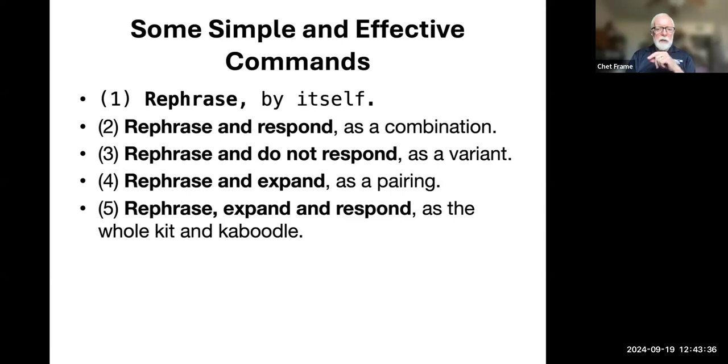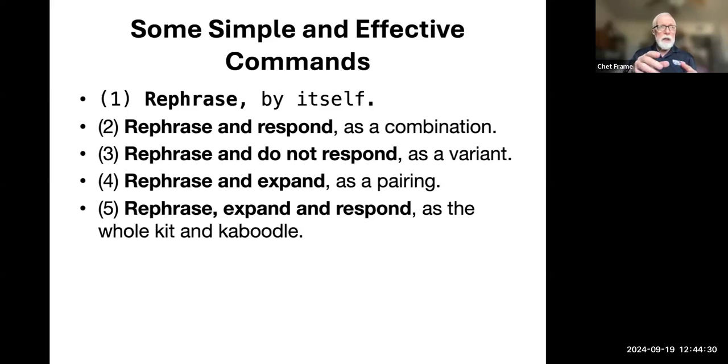The fourth one is rephrase and expand. What this does is it asks the AI to rewrite the prompt, but expand it beyond. If I have put limits on what I'm looking for, go ahead and change those limits out. So perhaps I said, I want to know all of the businesses in this city that start with the letter A. And AI rephrased it, and would come back and say, it would be better to say it this way. But then rephrase and expand may give me